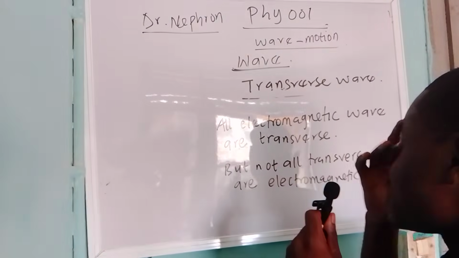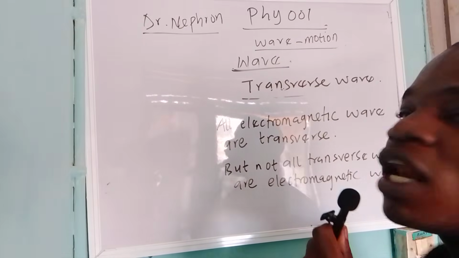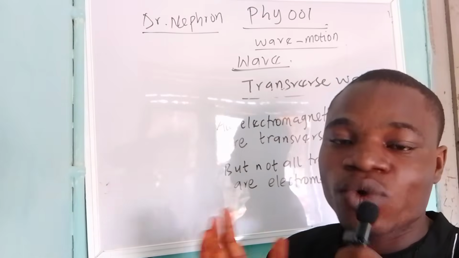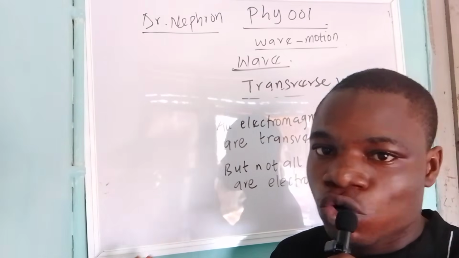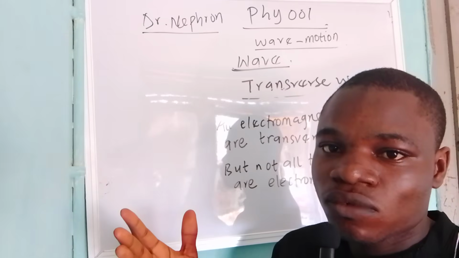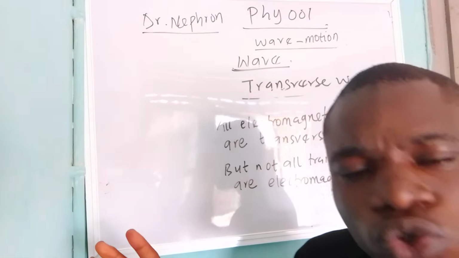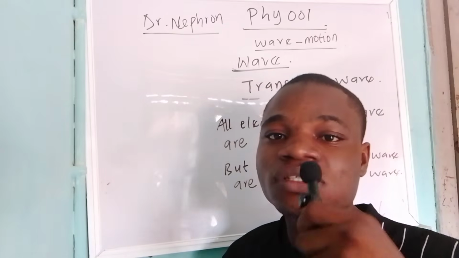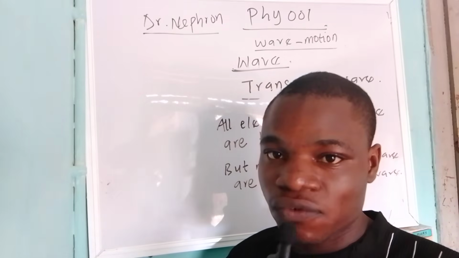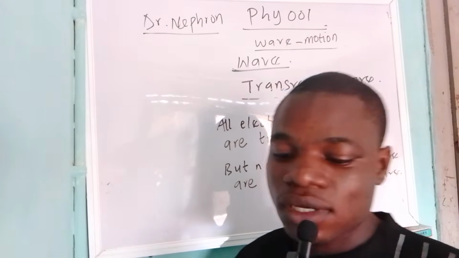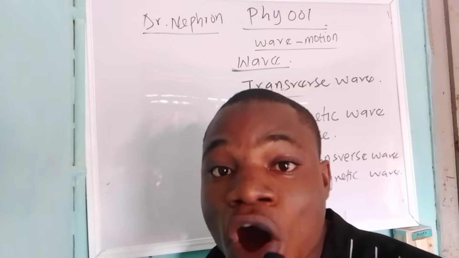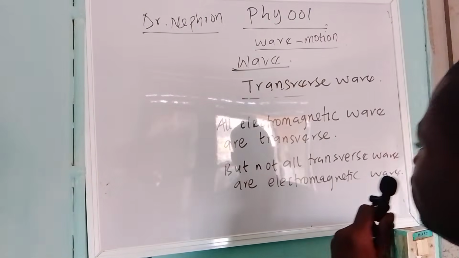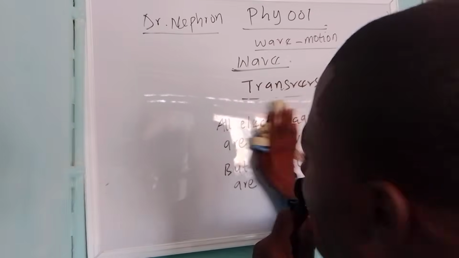And if you look at examples of electromagnetic waves, they are electromagnetic radiations, which we are going to talk about when we get to electromagnetic waves on their own. Also, I said what? Electromagnetic waves are transverse, but transverse waves are not electromagnetic waves. So that means a water wave is not an electromagnetic wave. Is that taken now? So let's quickly talk about the points